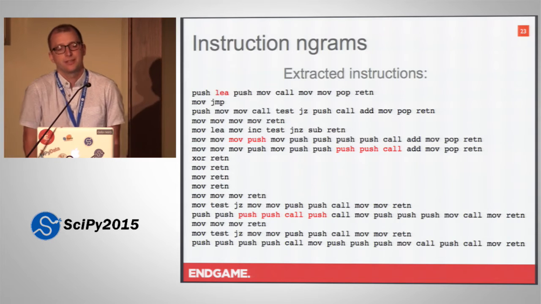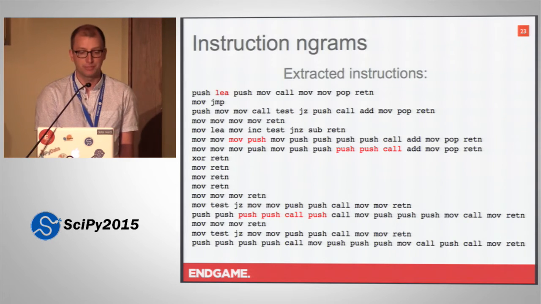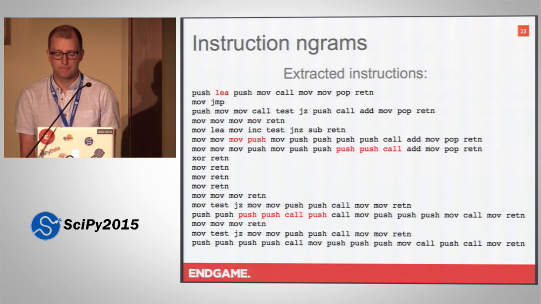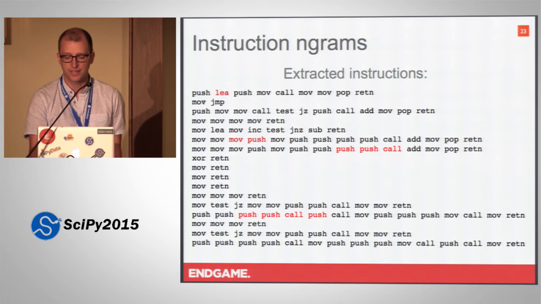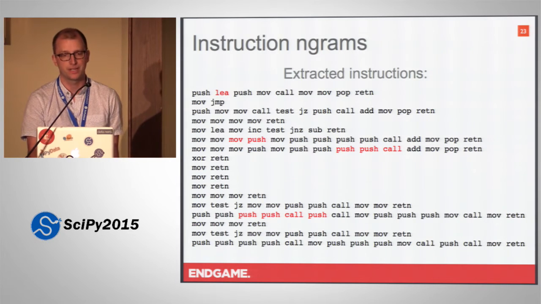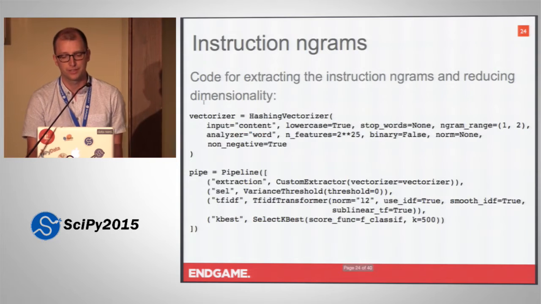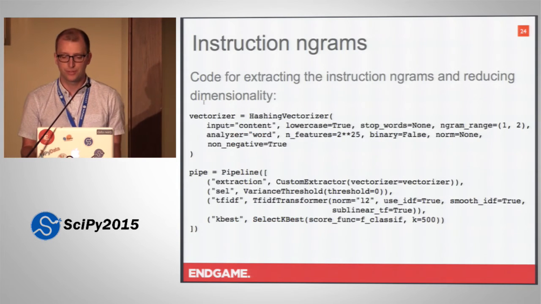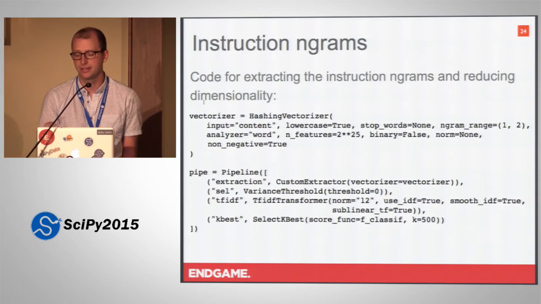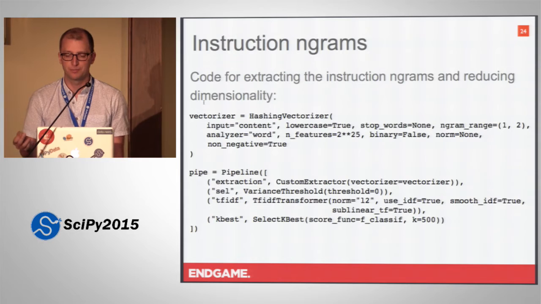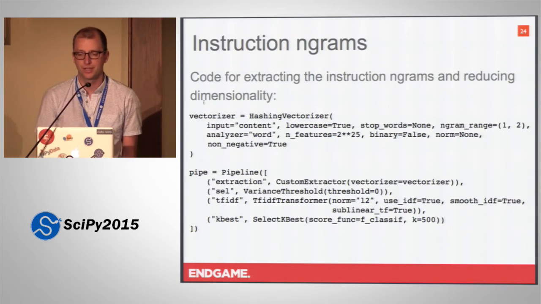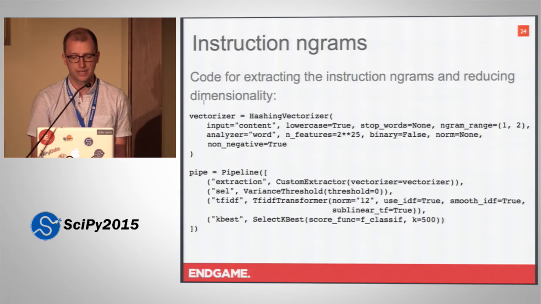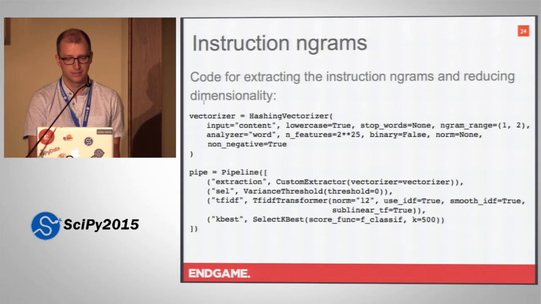I did the same sort of thing using the instructions from the disassembly file. I wrote some code to rip out these instructions and dump them to their own text file. Then once again, I can count up the number of times each instruction occurs and the different n-grams. I used similar code to do that. Again, these are the parameters that I landed on. I investigated instruction n-grams up to 4, but I got the best results by only using 1 and 2-grams. I also had a much expanded feature hashing space.